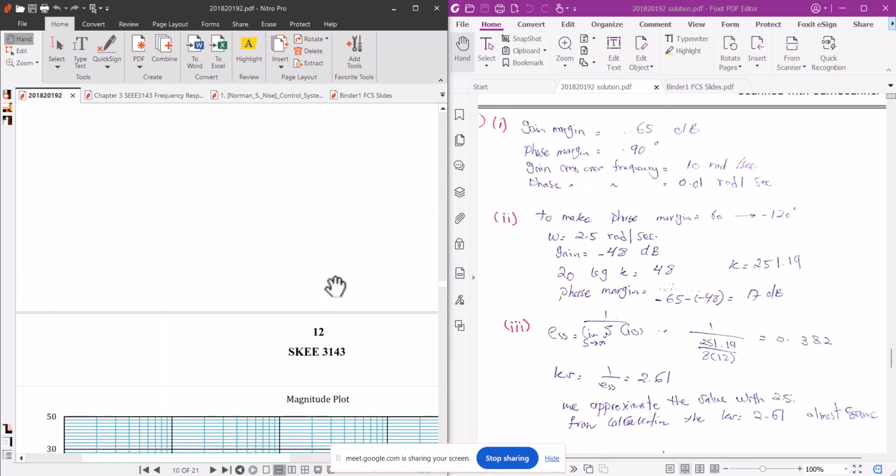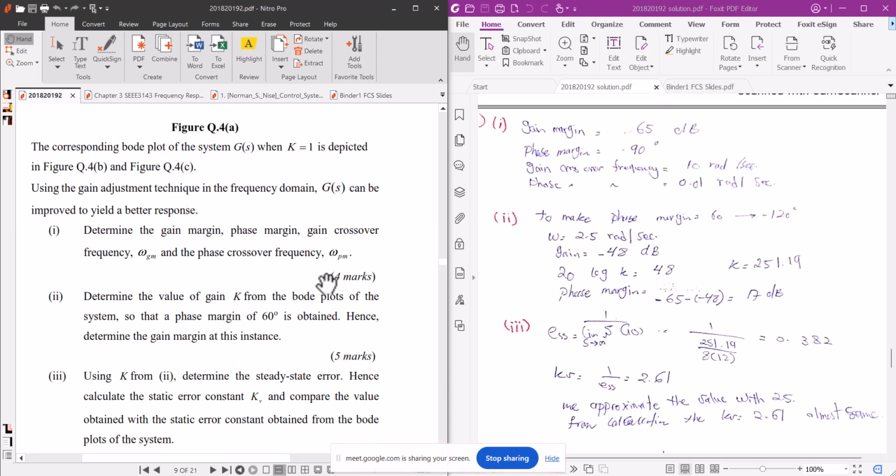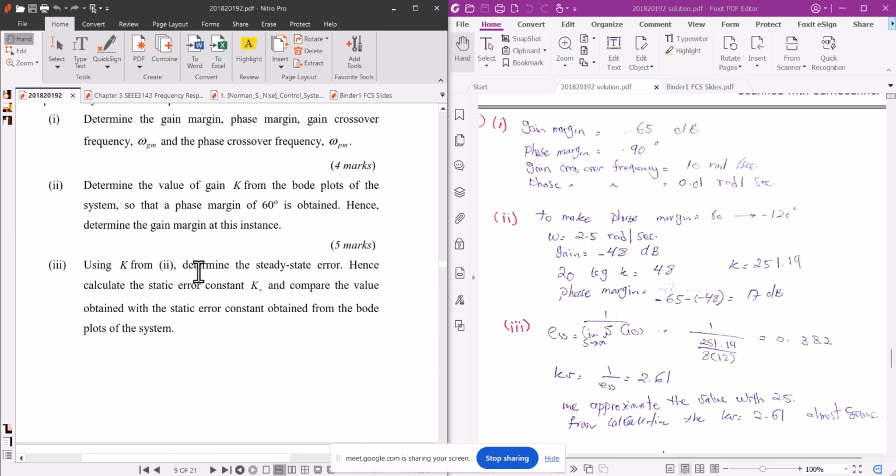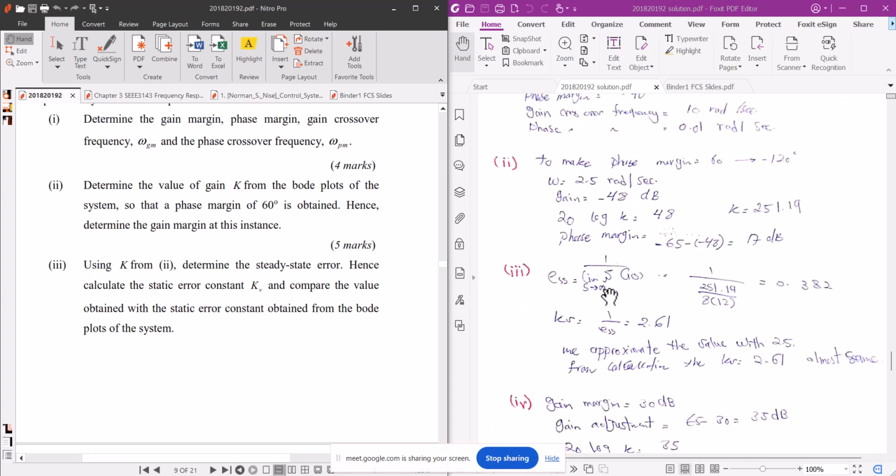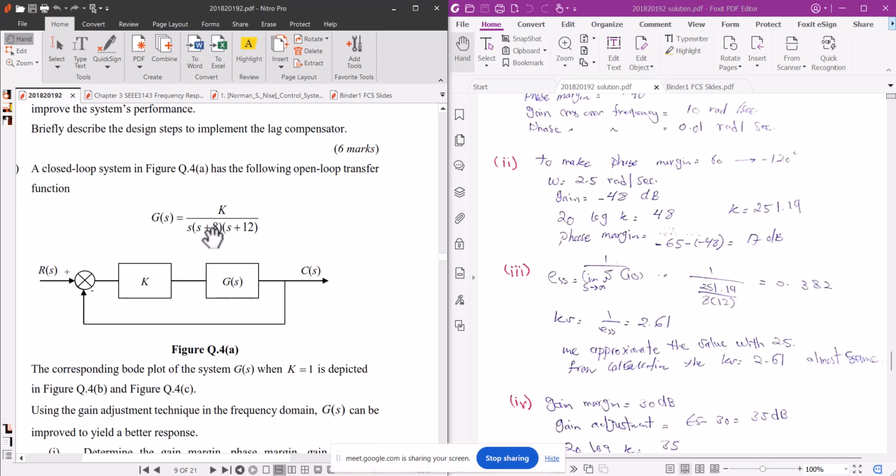Okay, now the third one is using K from 2, K is 251.19. Determine the steady state error. So I already told you that this is our Kv, because both are approximately 2.5, you can check. It's 2.5, so our steady state error will be 1 over 2.5. Okay, one way is this. Second way, you calculate from the formula K over s into (s plus 8)(s plus 12). So if we calculate its steady state error here,